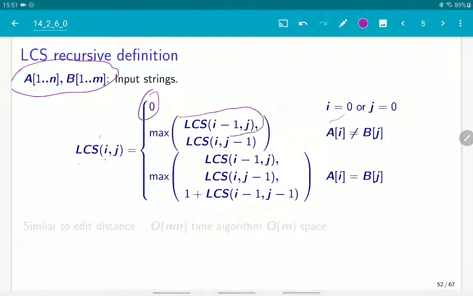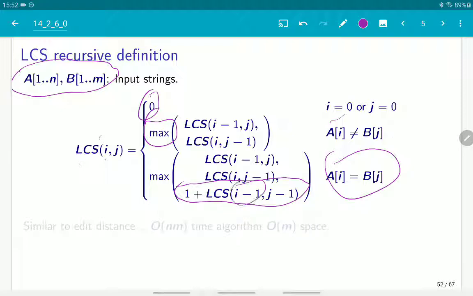So we call recursively either on the prefix of the first string, where we look at the first i minus 1 characters, or the second sequence on the first j minus 1 characters, and we take the maximum, unlike edit distance, where we take the minimum. Otherwise, if the last two characters are equal, we might include them in the longest common subsequence. So we have another possibility, which is we include it in the subsequence. So we get 1 for that, and then we call recursively on the longest common subsequence of i minus 1, j minus 1. Right? And that's the recursive function. It's very similar to edit distance. You throw it into the same old dynamic programming